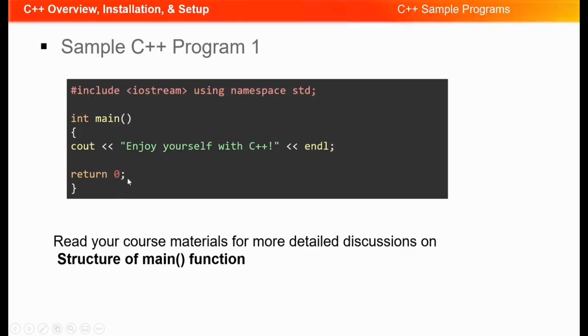The next and final line is that we return 0. Normally, in the main function, we have to specify that we are returning 0 here. And basically, the compiler knows that once it gets to 0, there hasn't been any issues. That just tells you that there has not been any problems in running your code. That's why we have int as the return type, because 0 is an integer.